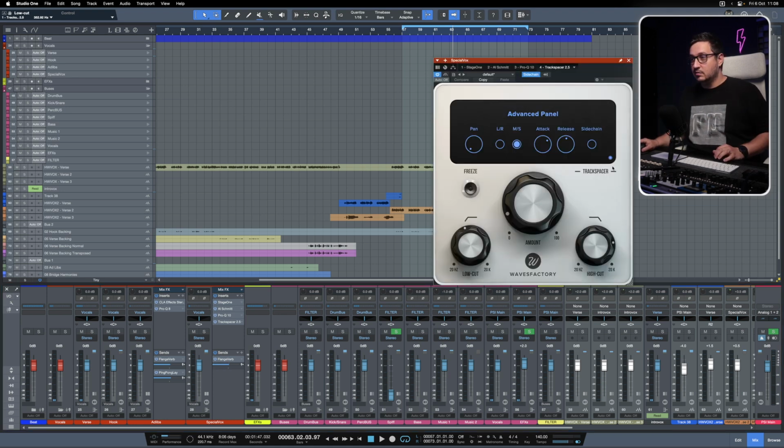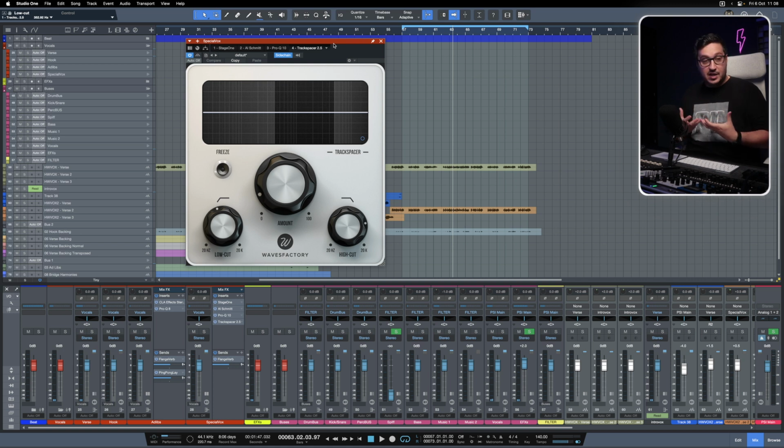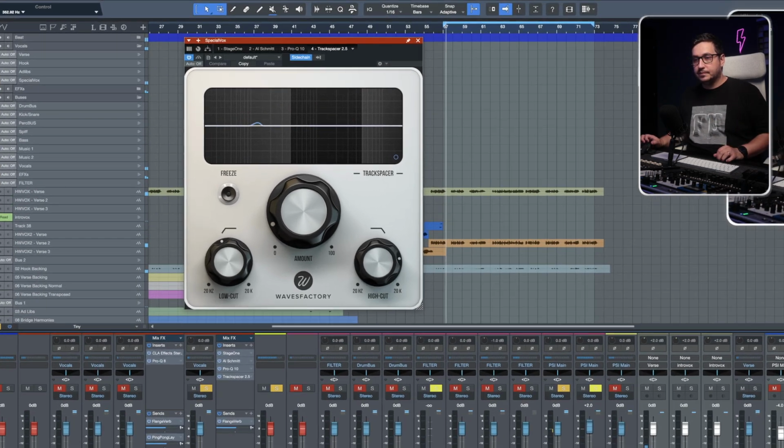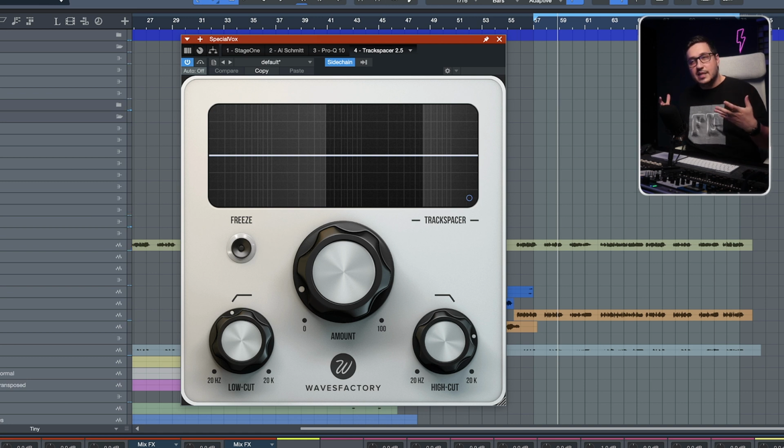I use either Track Spacer or Soothe or other sidechain plugins like this, triggering the sidechain by using the lead vocal on the backgrounds. This Track Spacer is ducking this bass, keeping the vocal more up front and making space for the lead vocal.